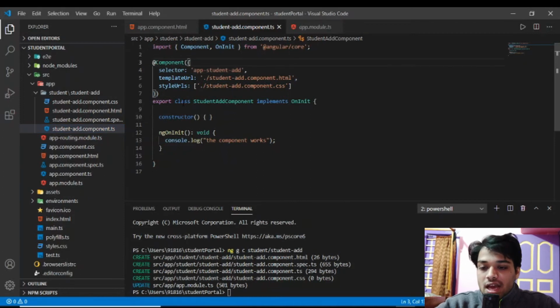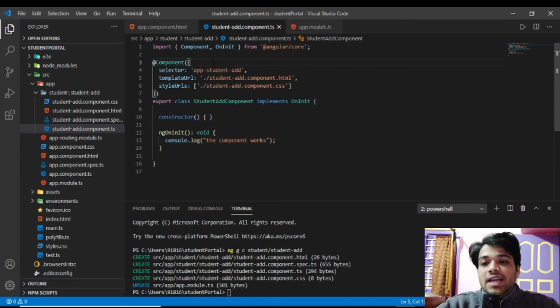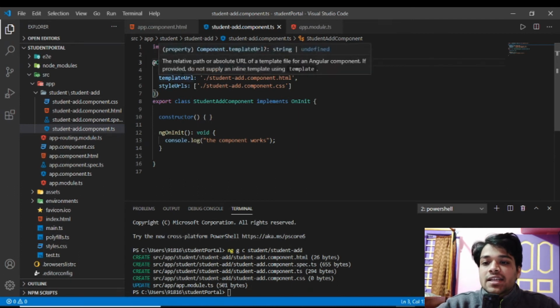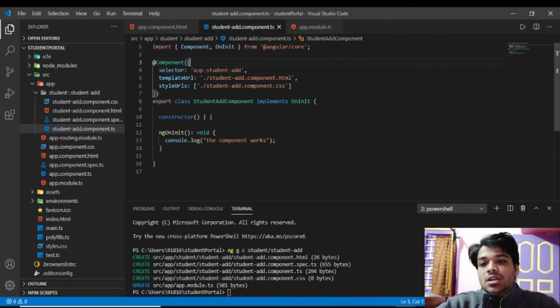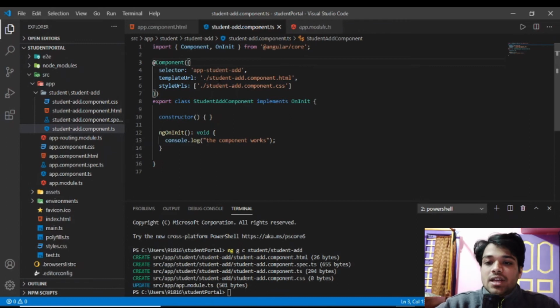And at the top of the class you should write @Component. The @Component annotation is such a thing that enables the selector and template URL. By the selector, you can call the component outside the component inside an HTML tag, and the template URL fixes which HTML page will be used for this component.